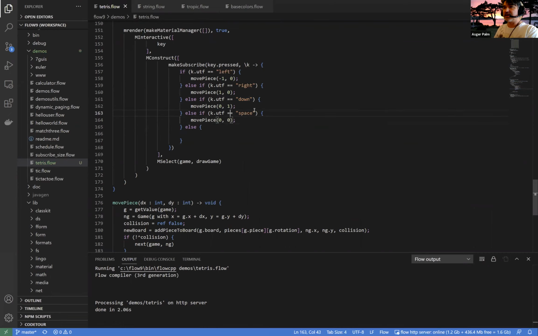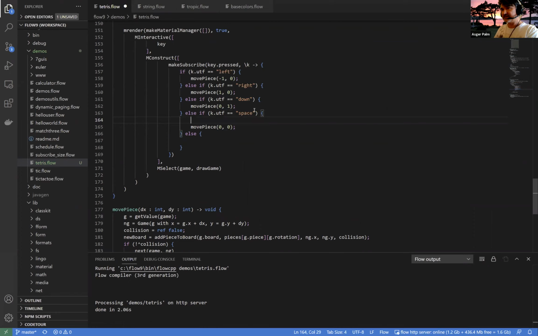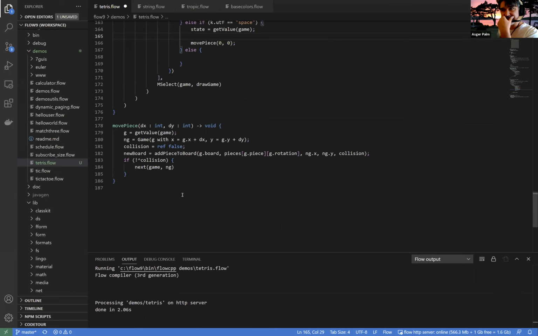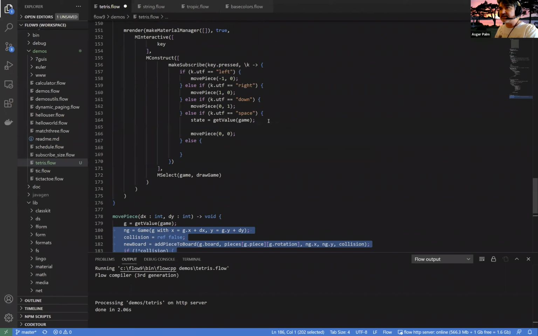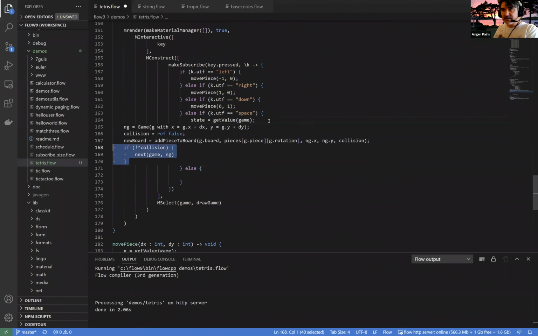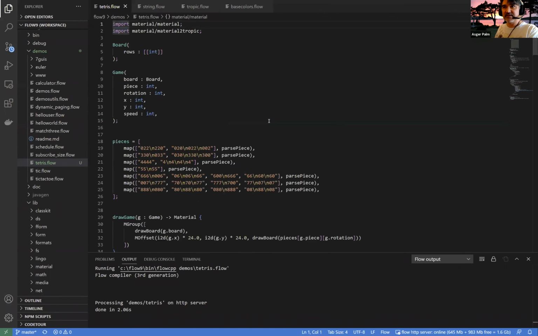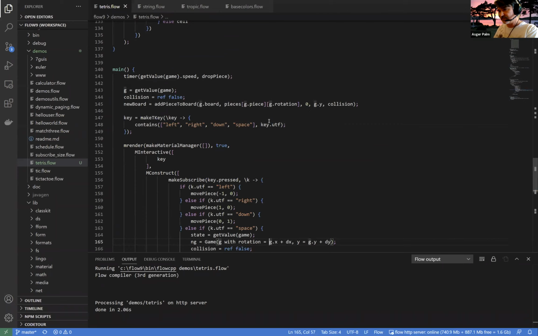Good. So space. The way we can do it is that we can say state get value game, and then that's to remember it. No, move piece. Well, I guess it's probably best just to do this by hand instead of reusing that code. So what we're going to do is say rotation. Is that the name I gave it? Yeah, rotation equals get G rotation plus 1